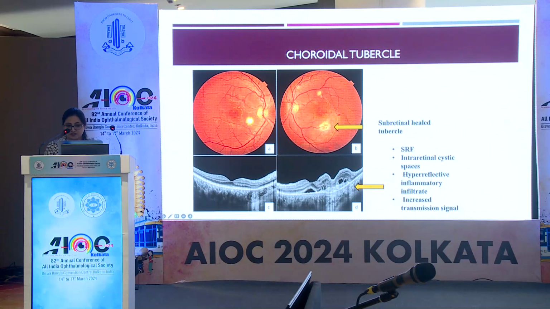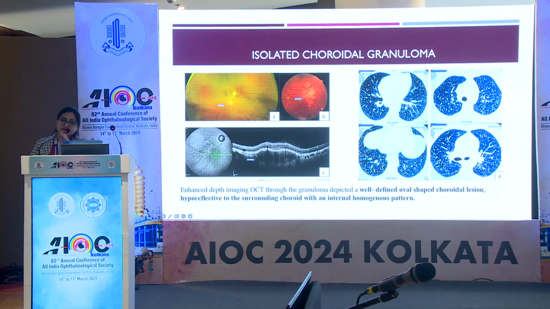There are multiple choroidal tubercles rather, and here there was a surrounding subretinal fluid as well, which is very well documented on OCT. Along with it, we can see some intraretinal cystic spaces and hyperreflective inflammatory infiltrate with increased transmission signal. This was an interesting case when the patient came for the other eye to show the other eye, but